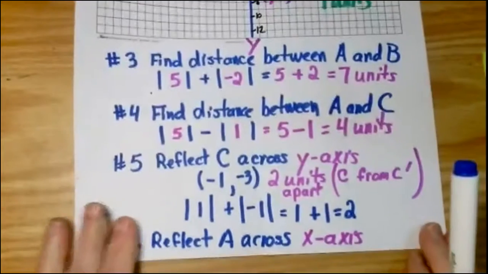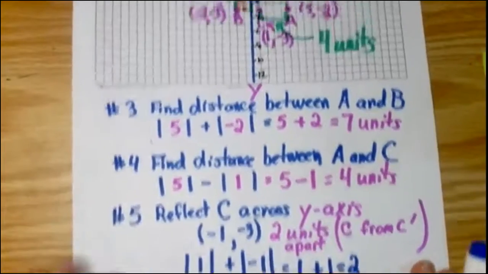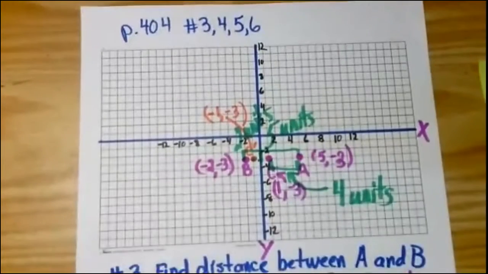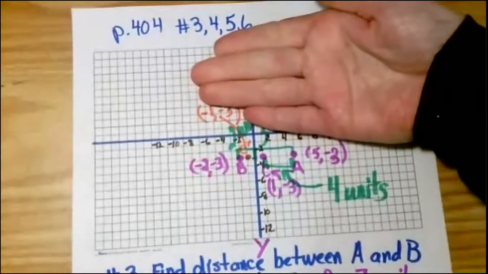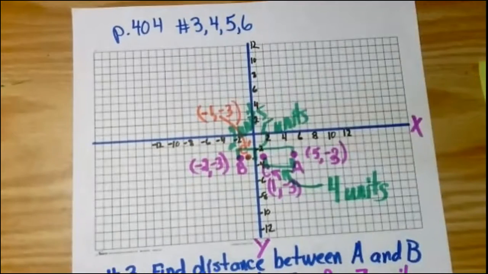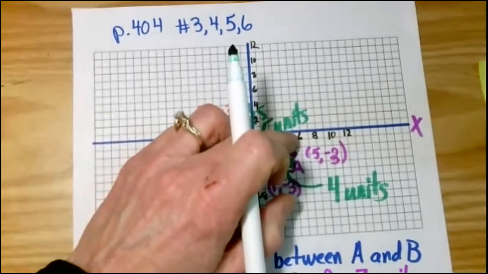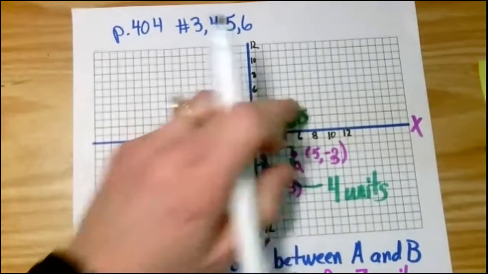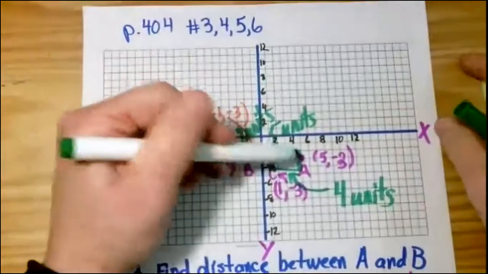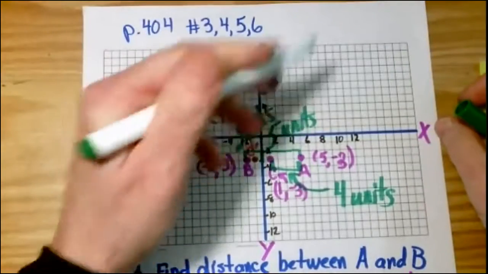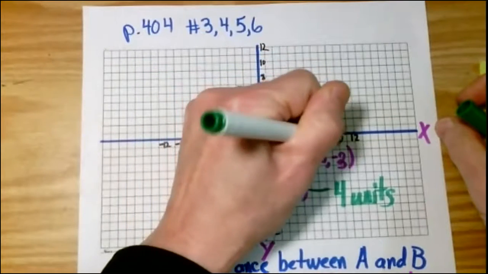So we'll reflect A across the x-axis. So let's go back up here. Here's point A. This time we have to reflect it that way. So we have to go the same number of units from the x-axis on this side. We have to go the same number of units above the x-axis. So how many units are we below the x-axis? 1, 2, 3, right? So we are 3 units